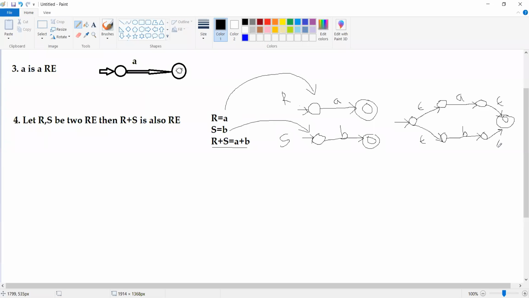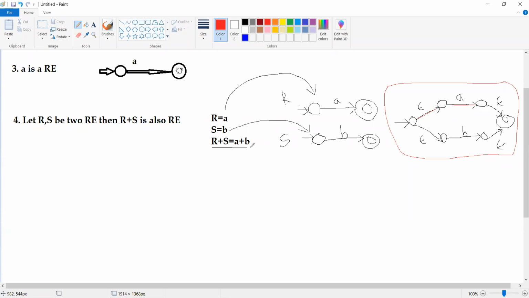Now have a look at this finite automata, everybody. What it is going to do is recognize either A or B.